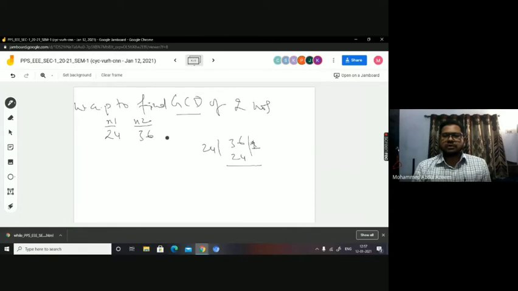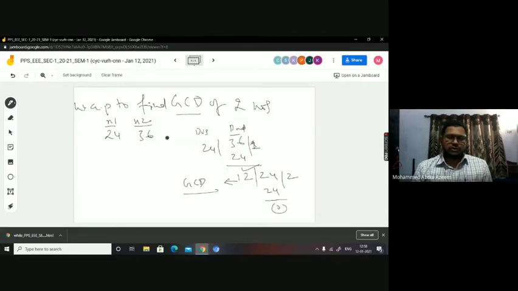I'm using the division method. So dividing 36 by 24, 24 ones are 24. I got 12 out of it. This is your dividend and this is your divisor. After the first division is over, the remainder will act as the divisor and the previous divisor will act as the dividend. And again you carry out the operation. How long do you do it? Until the remainder is 0. The divisor of the division for which you got the remainder 0 is going to be the GCD of those numbers.